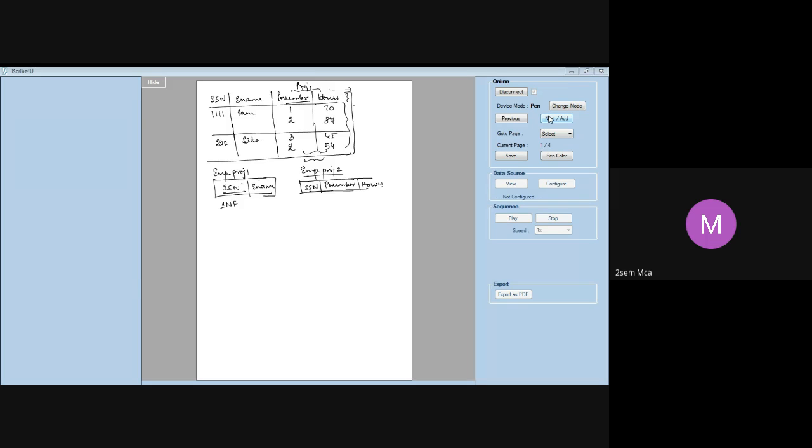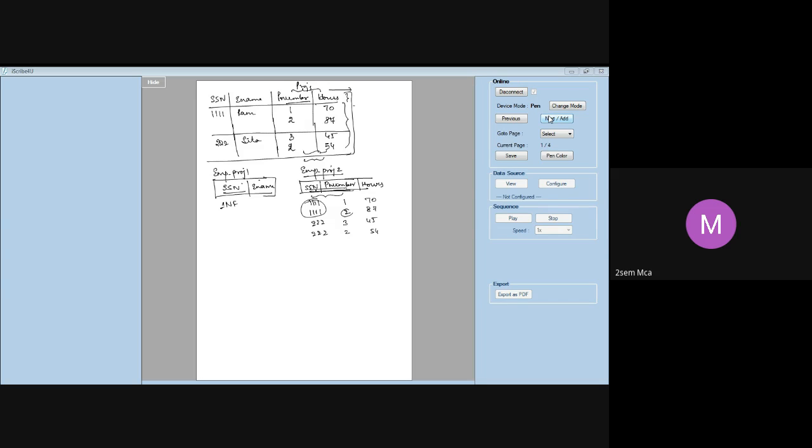Here these two together will become the primary key. SSN and P number together will become the primary key because P number is a partial key of this particular project's relation. That means SSN can get repeated, P number can get repeated, but the combination of these two cannot be repeated. It will be something like this. I will show you. 1111 170. Then you have 1111 287. Then you have 2222 345. 2222 254. See here, this number can get repeated.